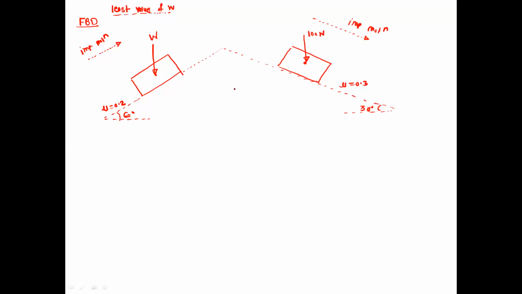Okay. So for the force analysis, assume this along the plane as the x-axis. So these are the reference axes for the block W. This is the x-axis and this is the y-axis. Similarly, you can assume the reference axes for the second block like this. Along this plane, assume the x-axis, and perpendicular to this plane, assume the y-axis. So now show the remaining forces for the block W.